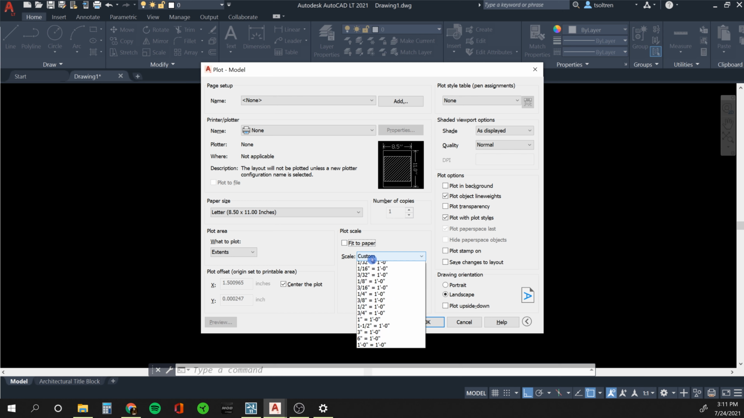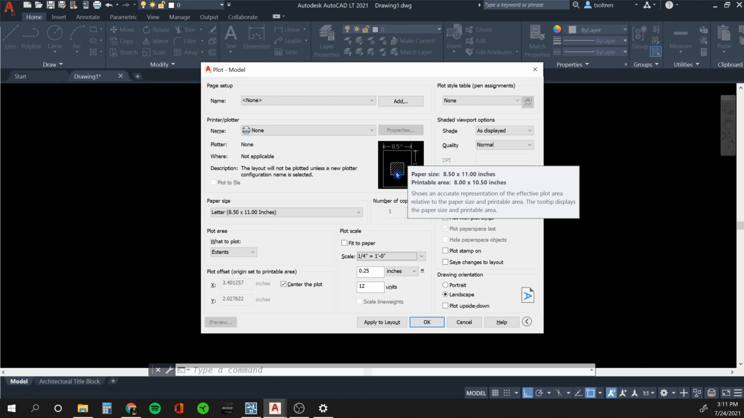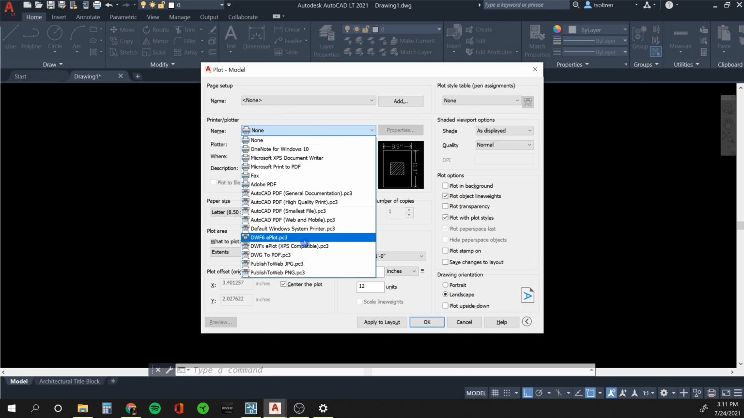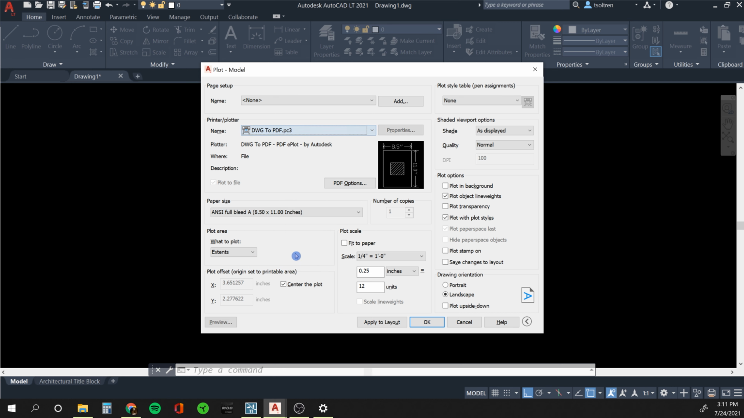So I'm going to go to here to scale, and let's try 1/4 inch scale. And there it scaled it in this little preview as to what it would look like, or the area that's going to take up in our plot window. So if I go to here, let's go back to DWG to PDF, and we are at a 1/4 inch